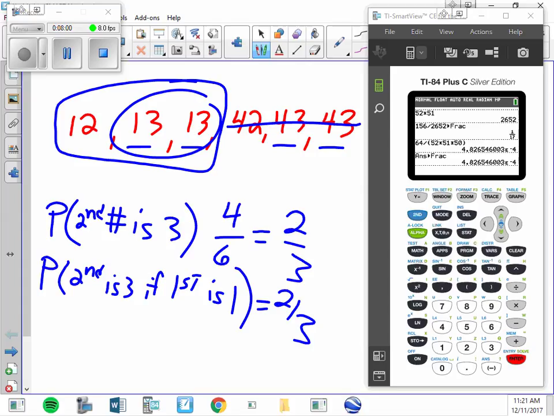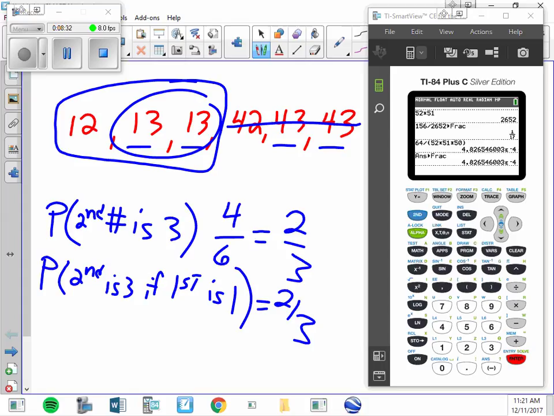So what we say is the 3 is independent of the first number. The chances of getting a 3 in the whole box is exactly the same as getting a 3 if we know the first number. Okay, and that's true whether we do 1 or 4, right? If we know the first number is a 4, the chance of getting 3 is 2 out of 3. If it's a 4, the answer is still 2 out of 3. And if we check every single one of those, we're going to get the same ratios.